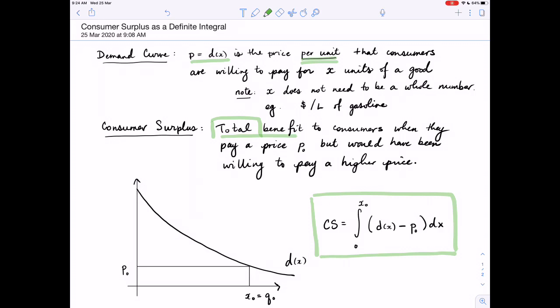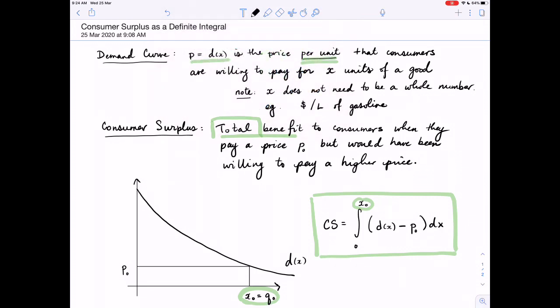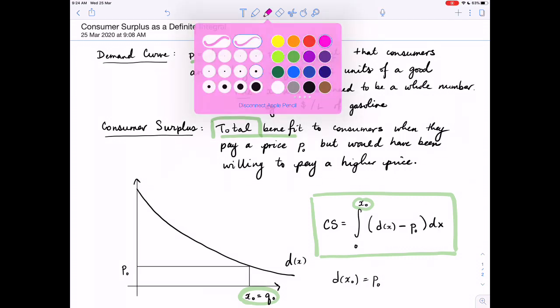where we're talking about x0 here, x0 being also sometimes called q0. That is the x value that gives us our price P naught that we're talking about. So d of x0 is equal to P0. So the integral from 0 to x naught of d of x minus P0 dx, which means that the consumer